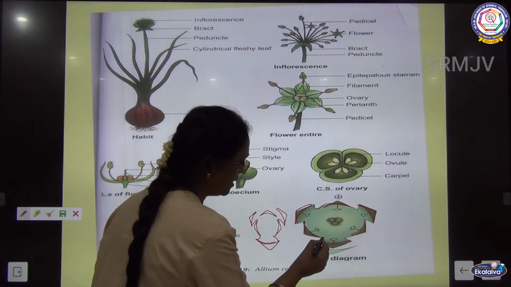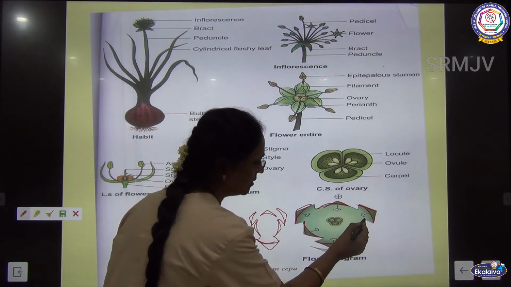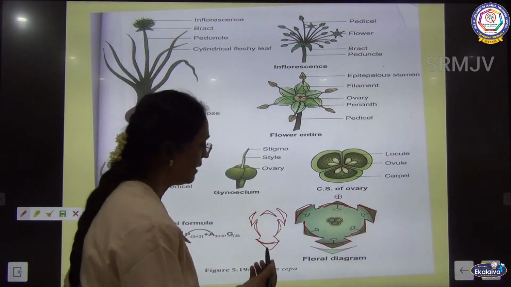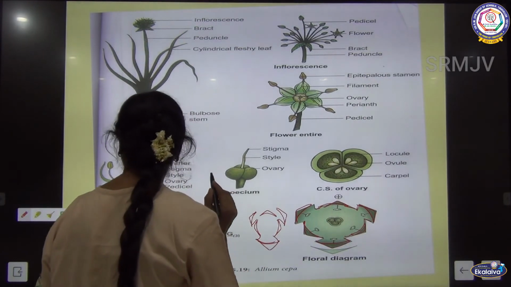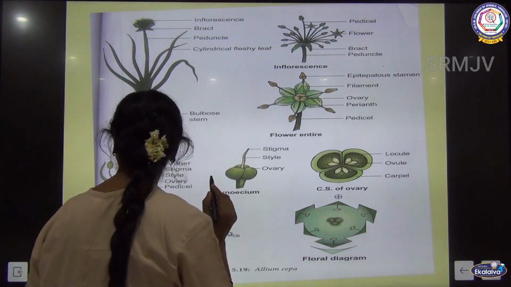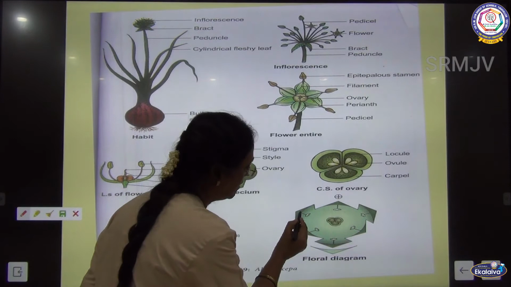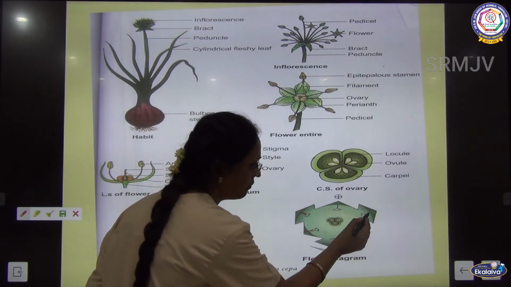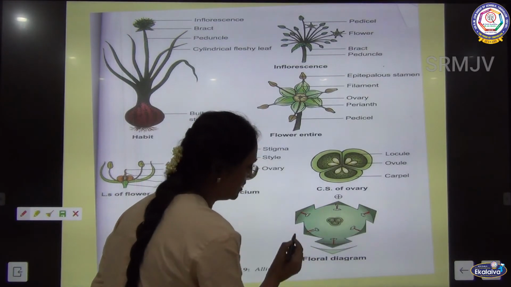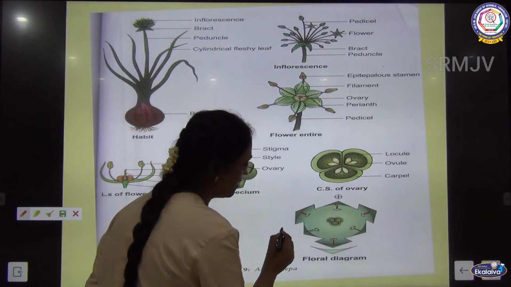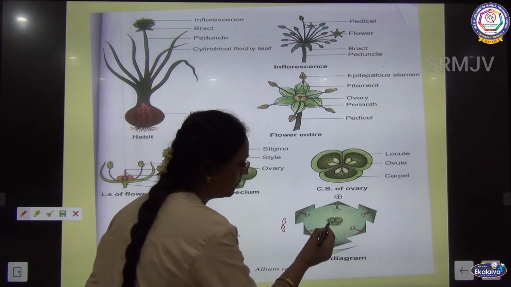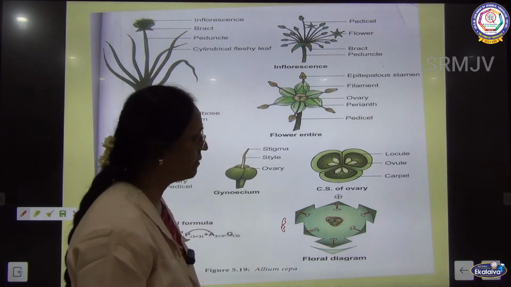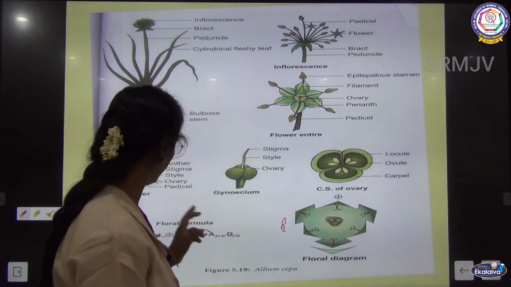So you can find that all these tepals are fused. Syntepalous, you said, so you have joined all the tepals. Then we said that it is epitepalous. So you have seen that the androecium is attached to the tepal. You will find all the anthers are attached to the tepals and they are dithecous, that's why you will draw like this. And this is a tricarpellary ovary, and all the carpels are fused.